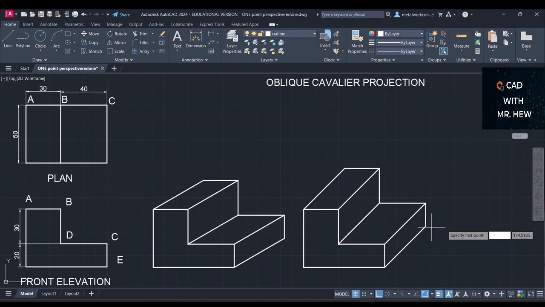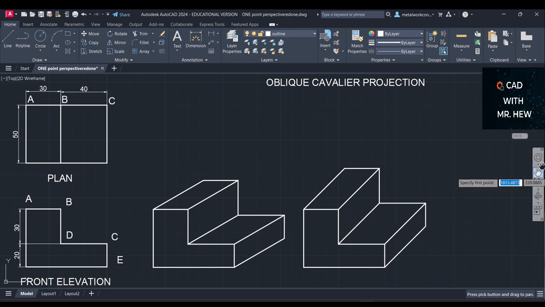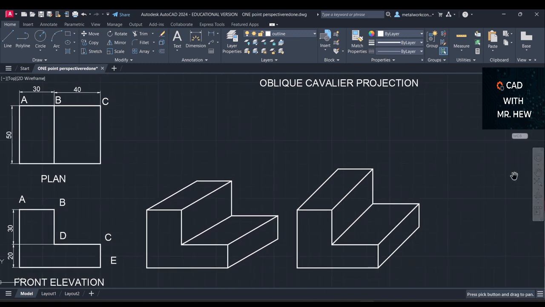So let's draw the next one now. All right, so we're going to go again. Can you guess what's the other angle? So the first one, we drew it at